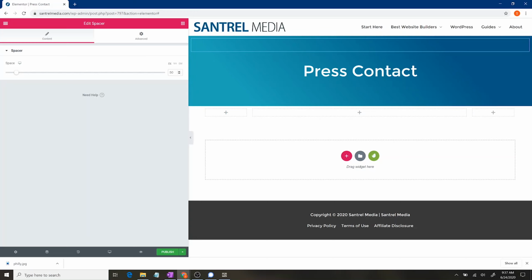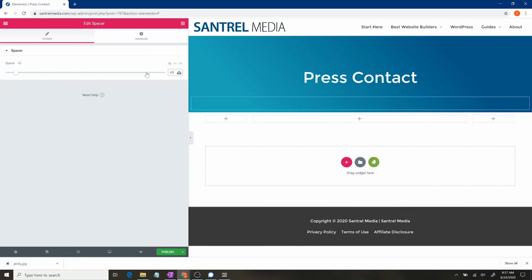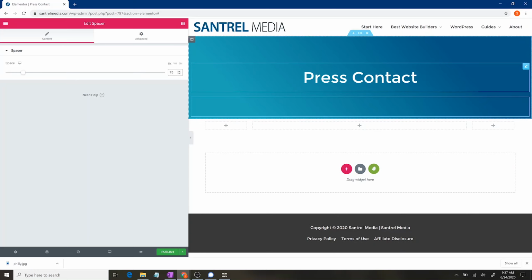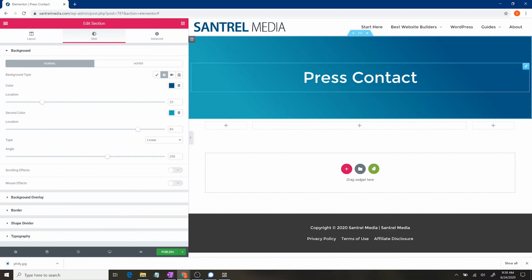We can make that a little bit of a larger spacer, maybe 75 on the top, maybe 75 on the bottom. 75. Okay, so now we're actually getting somewhere. Press contact in the middle. So that's the title of this page. All right, so now it's looking a little bit better, but let's make this kind of a less boxy border